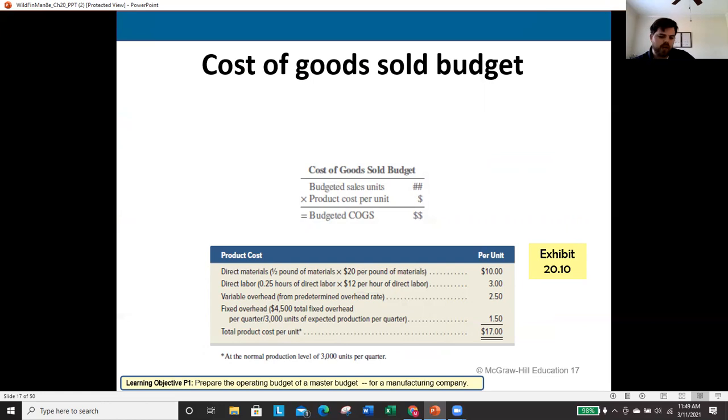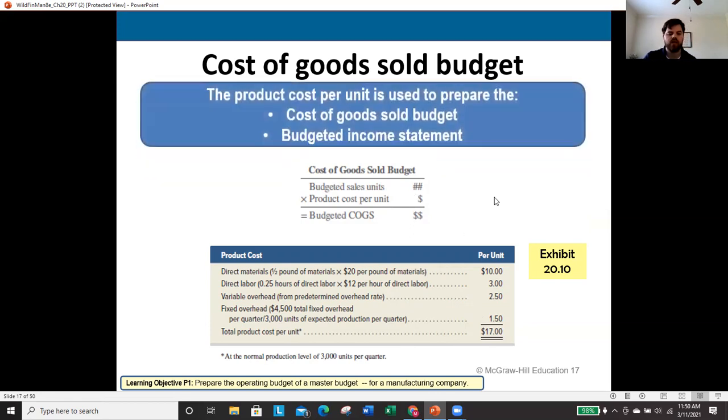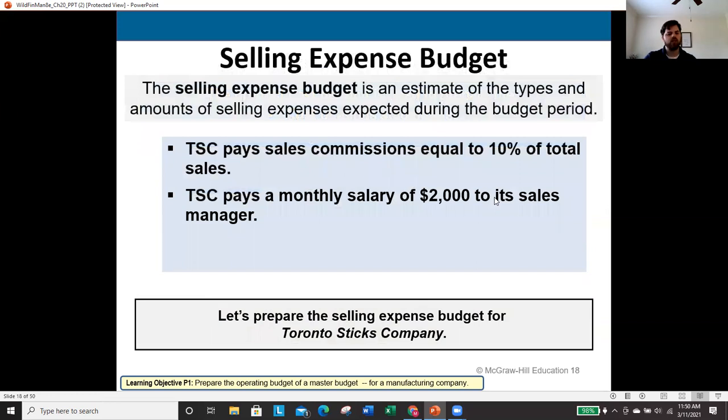And the way that we're going to do this is by taking my budgeted sales in units times my product cost per unit. So you can see how this is all stacking down the list as we go. So we started out originally with that sales budget. Once we prepared that sales budget, we then came in and prepared the production budget. So we knew how many units needed to be produced in each month. Then we came down, prepared direct materials, labor, and overhead budgets. And now we are looking at preparing my cost of goods sold budget. Now, for this, of course, we come down and we see that we're using that $17 product cost we got a minute ago times however many sales we are expecting in each month or in that period as a whole.